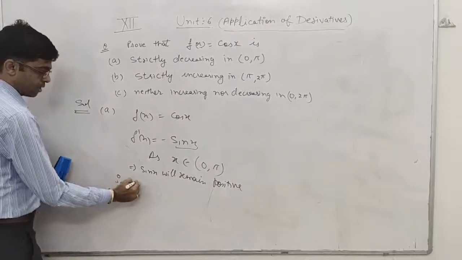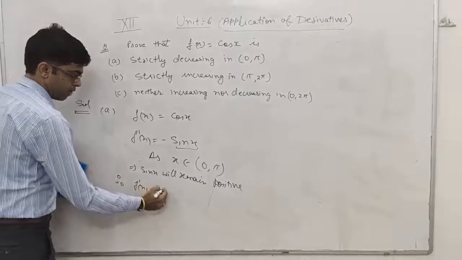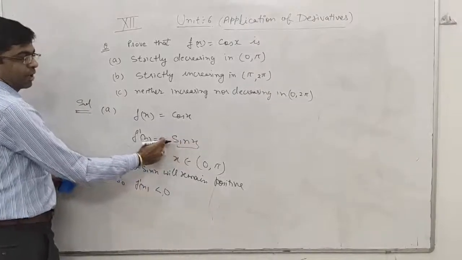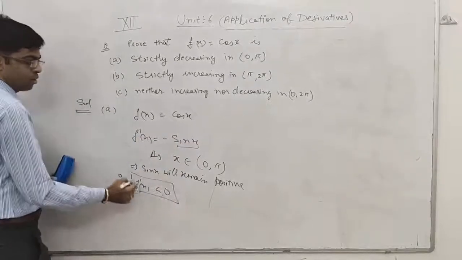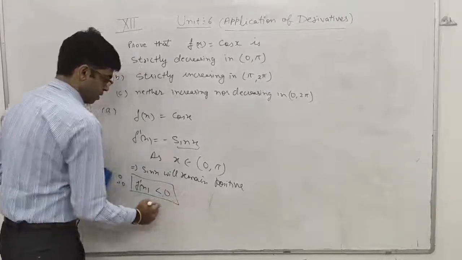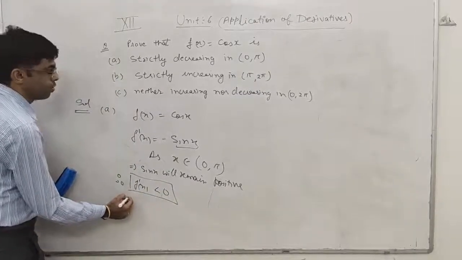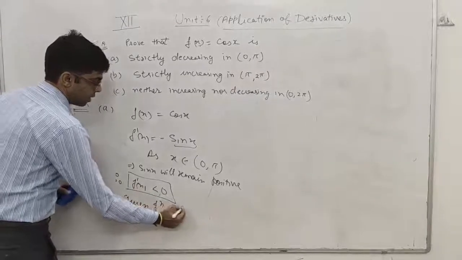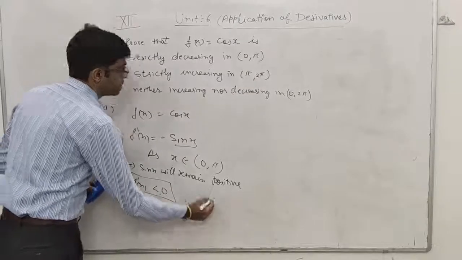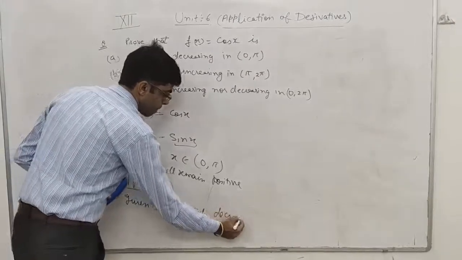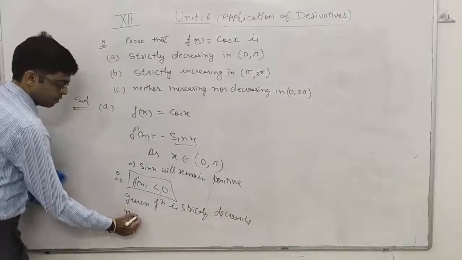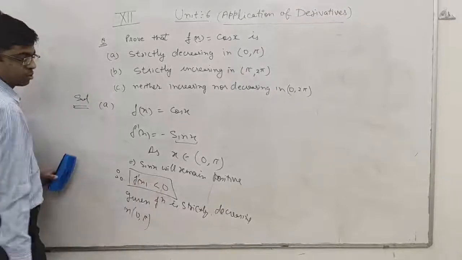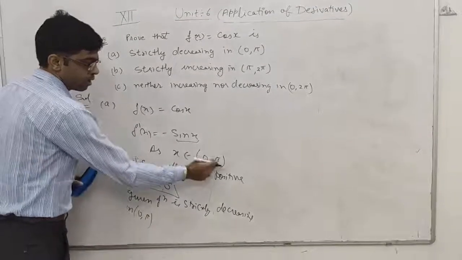So therefore f dash x will be less than 0, negative, because positive into negative is negative. So we can say that therefore the given function is strictly decreasing in 0 to pi. This is not less than or equal to 0 because we are not including the points